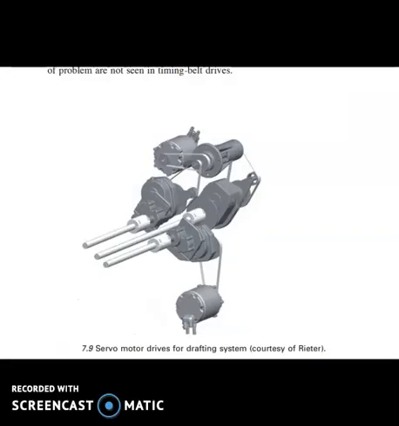Now the next modification is timing belt. Timing belts with toothed wheels are replacing gears in industrial drive applications. A timing belt drive is as rugged and accurate as a gear drive. A timing belt drive is a positive drive. The belt is made of rubberized fabric with steel wire to take the tension.